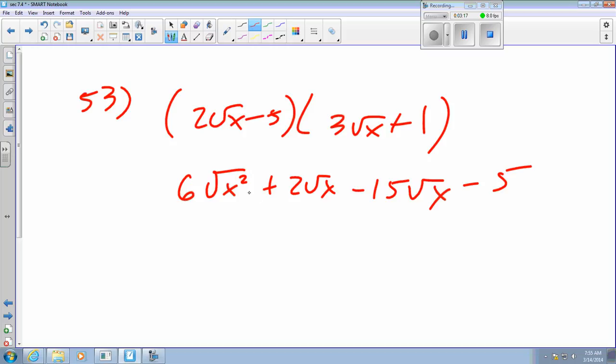If I take the square root of x squared, I get x, so 6x. 2 square root x and minus 15 square root x gives me negative 13 square root x, and then the minus 5 comes with. Number 54,